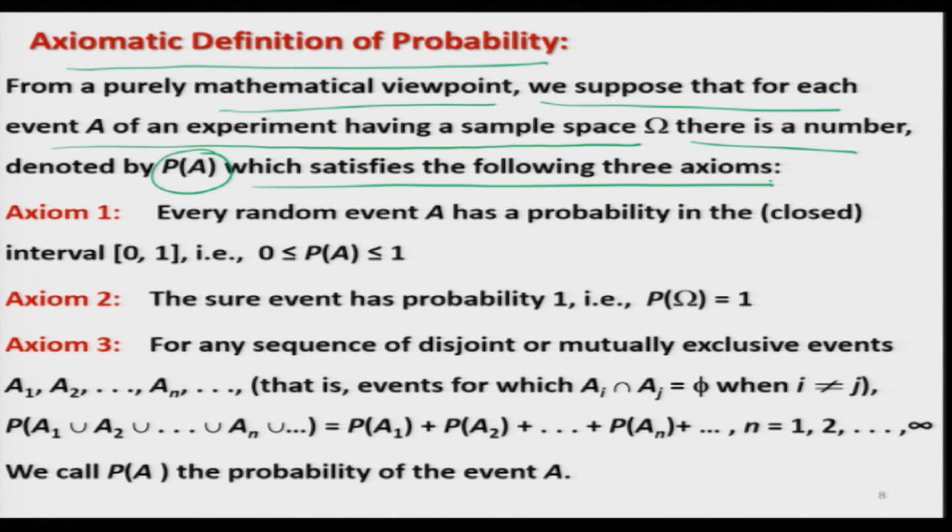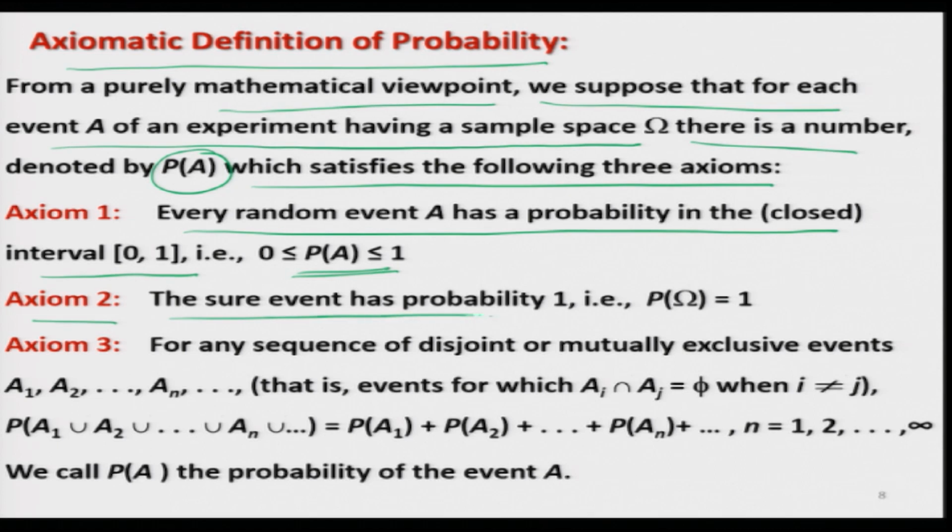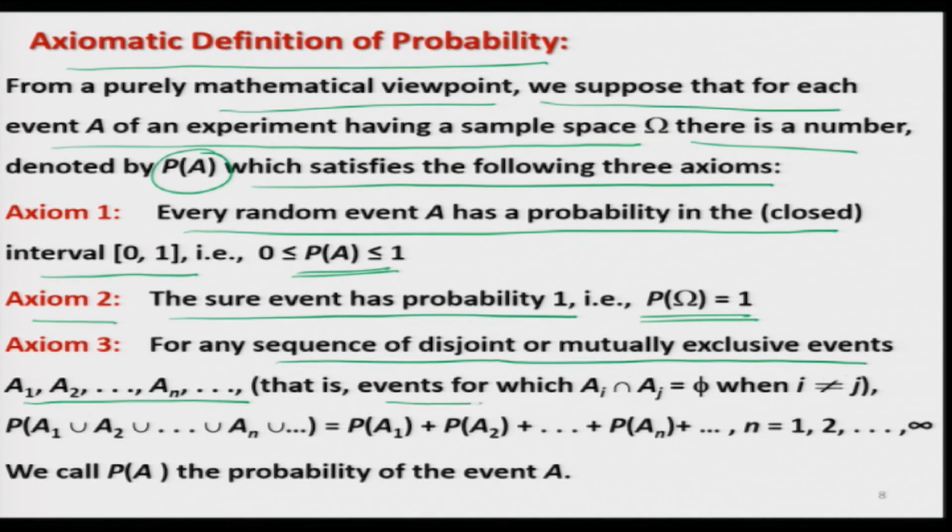Axiom number 1 says every random event A has a probability in the closed interval 0 to 1, that is, P(A) lies between 0 and 1, where 0 and 1 are inclusive. The second axiom says that the sure event has probability 1, that is, the probability of omega, which is the sample space, is equal to 1. And axiom number 3 says that for any sequence of disjoint or mutually exclusive events A1, A2, ..., An, ..., that is, events for which Ai intersection Aj is equal to the empty set for i not equal to j,